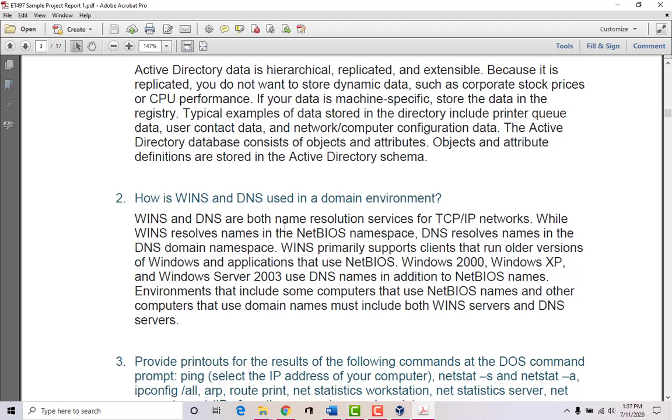But if you want something useful like Microsoft.com or Google.com, instead of memorizing the IP address of the server or that particular unique address, these services, which are servers, can actually translate those names. It's a name resolution service. Okay, so it allows you to map an address to an actual name.